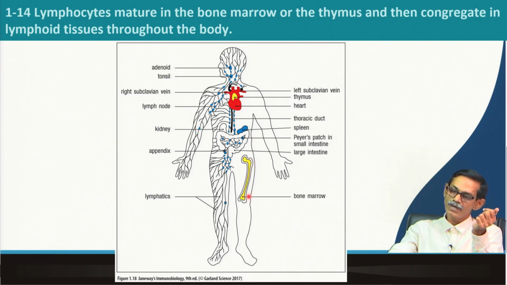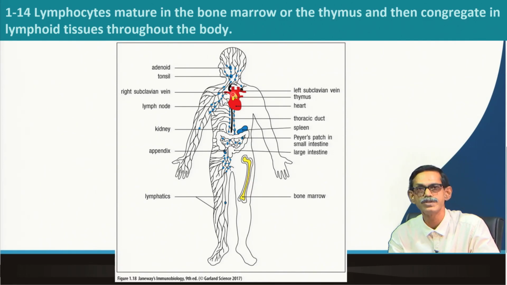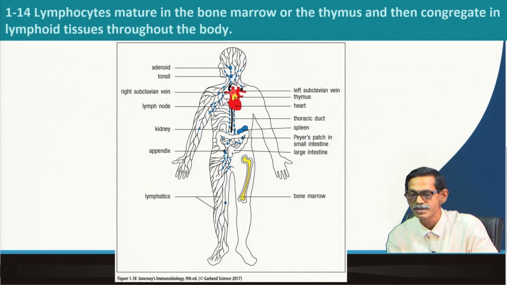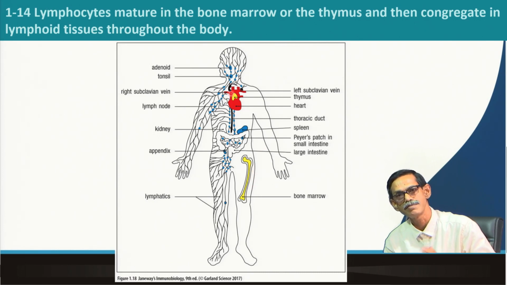B cells develop or get trained and mature in the bone marrow, and T cells develop in the thymus, the yellow thing here, which is located behind the heart. T cells migrate from bone marrow to the thymus, and they develop and mature there. After maturation of B cells and T cells, they will migrate to the